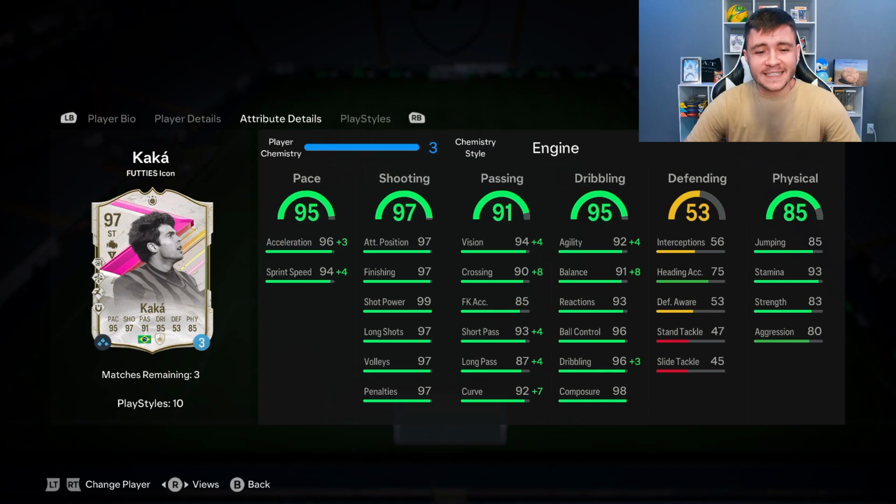Now, if we go ahead and dissect his in-game stats in a bit more detail, we did go ahead and give him the engine chem style. And I will say the engine chem style works really well with him. He does have 99 pace overall and then also 98 sprint speed. With the rapid playstyle plus and the quick step playstyle, he was probably one of the quickest players I've used